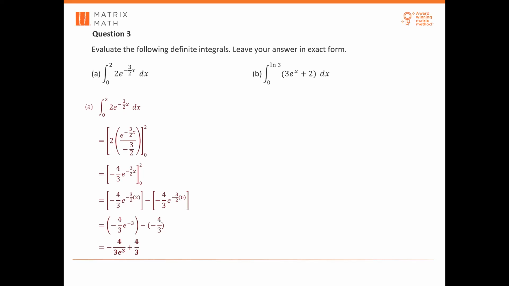Okay, part B, same thing. Do the integration of the expression inside first. So it's just 3e to the power of x plus 2x. Then the boundary is from ln 3 and 0. Just replace x with ln 3 and replace x with 0. Minus off the two values, you should get 6 plus 2